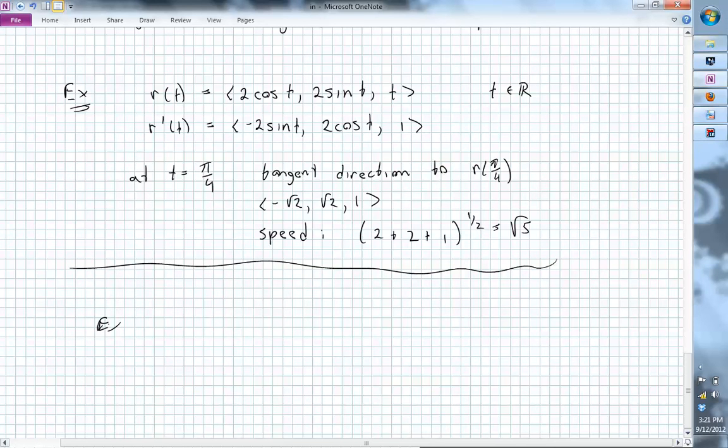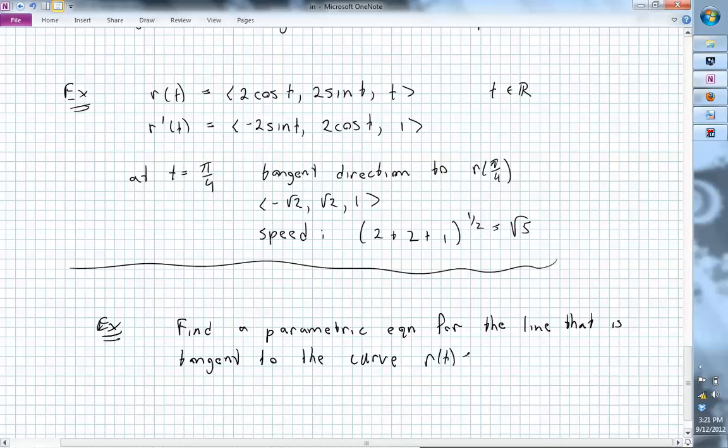Here's an example. I want us to find a parametric equation for the line that is tangent to the curve